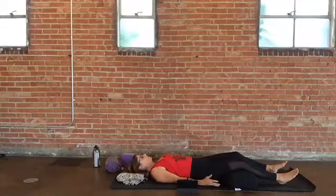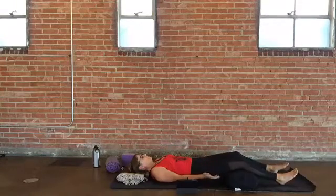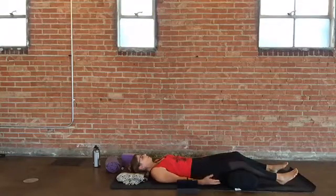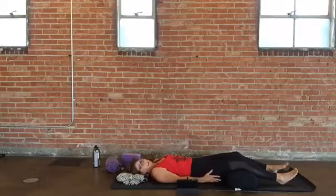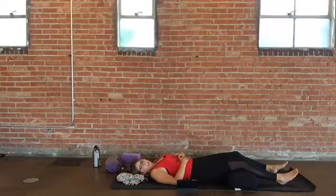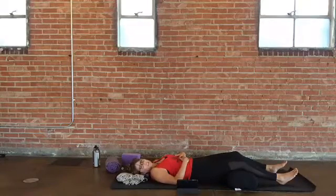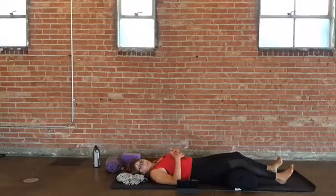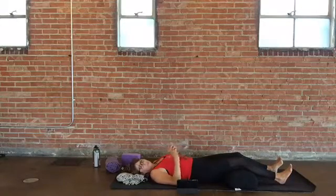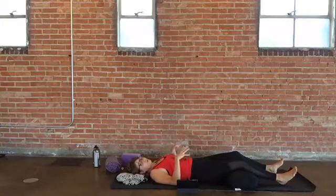And then moving from the ground upwards, just start to notice the rest of the body. Notice anything else that's going on, any sensations that you feel, any tension, tenderness, any stiffness or soreness. Just really check in with the physical body so that you get an idea of what's going on